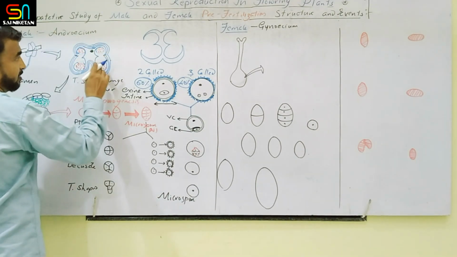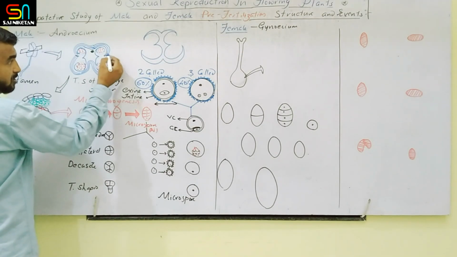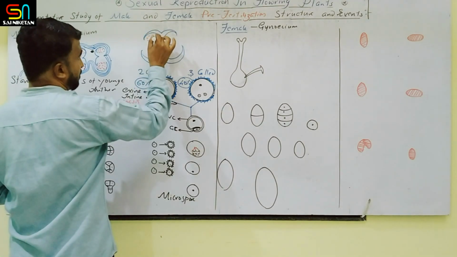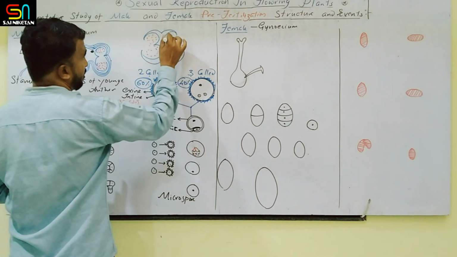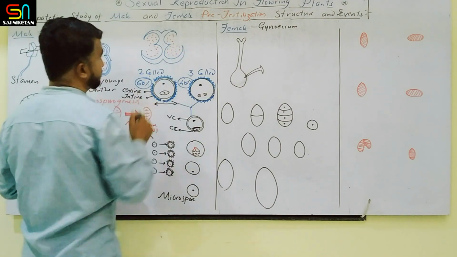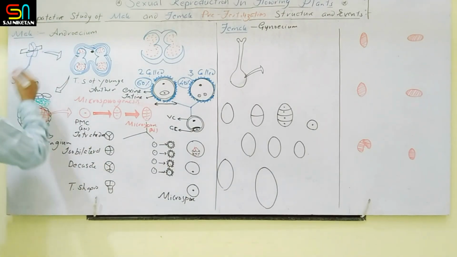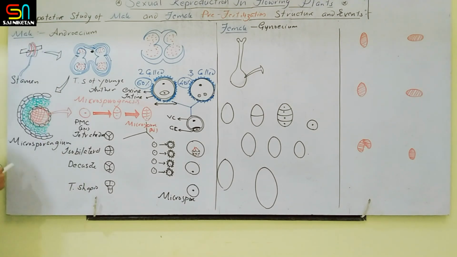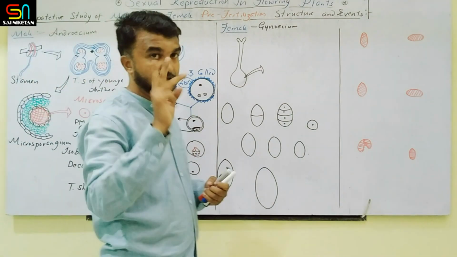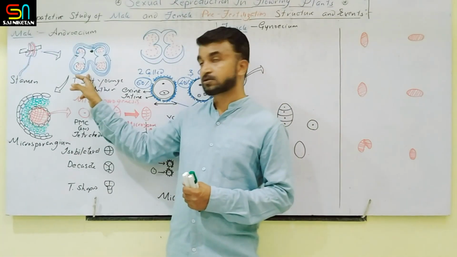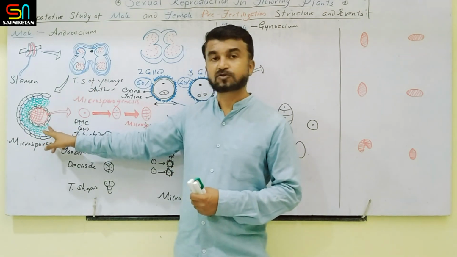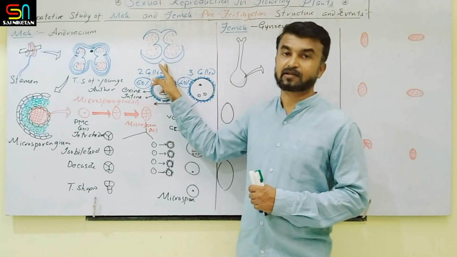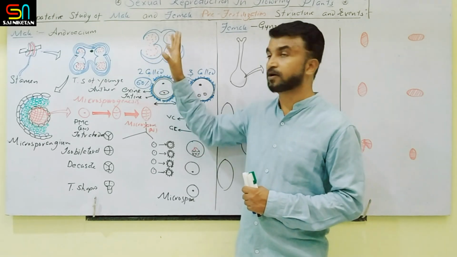Clear? And suddenly the anther wall ruptures here only, and all the pollen grains are released from this anther. Clear? This process is called dehiscence of anther. When you take this anther, this will take place longitudinally from the anterior to posterior. So that's why in the textbook a total of 3 figures are related to the male. TS of an anther is totally different. Microsporangium is different. Then this is a dehisced anther, meaning mature anther, from which the pollen grains are released.